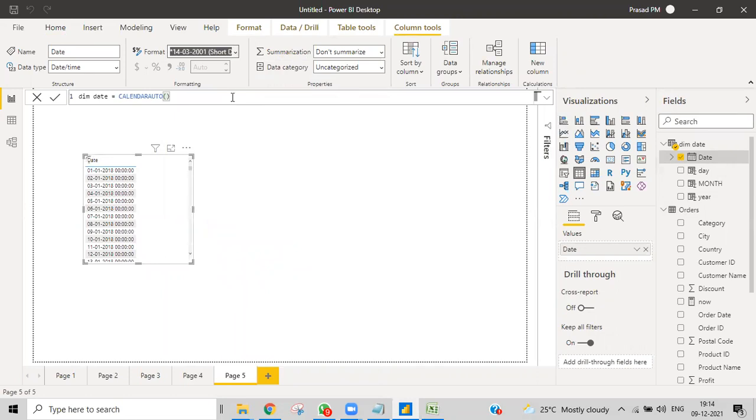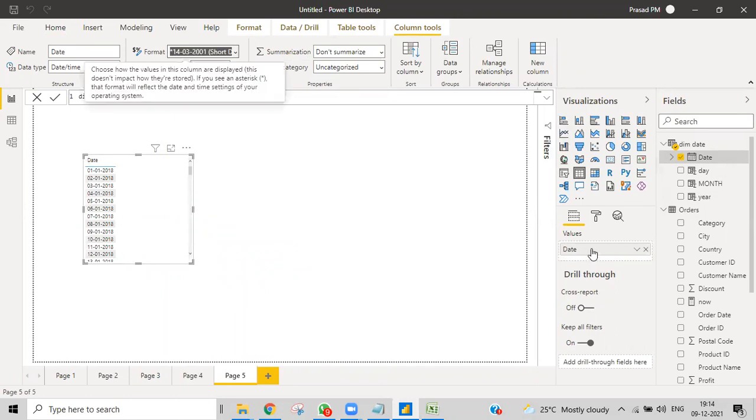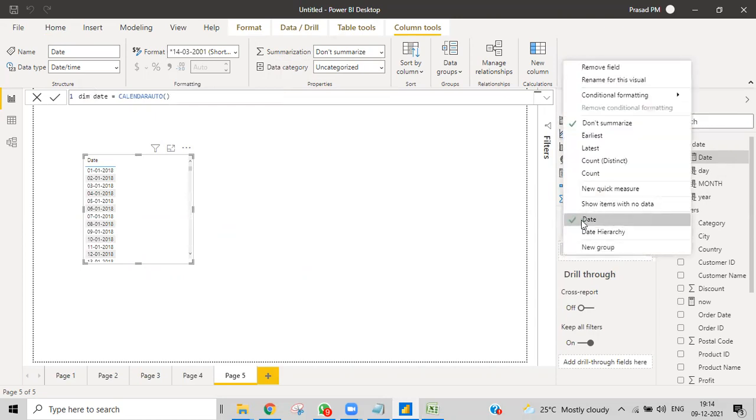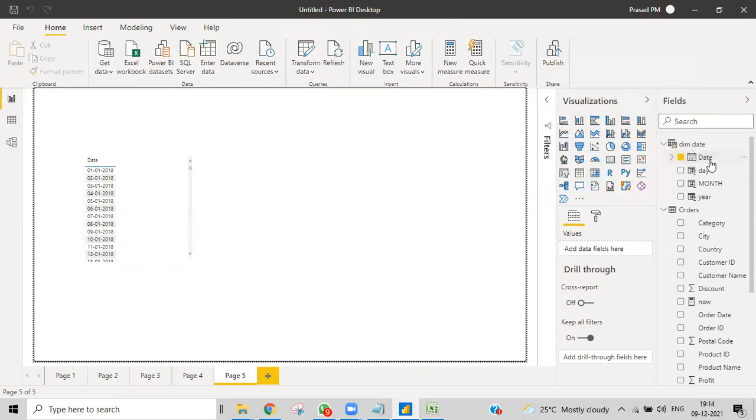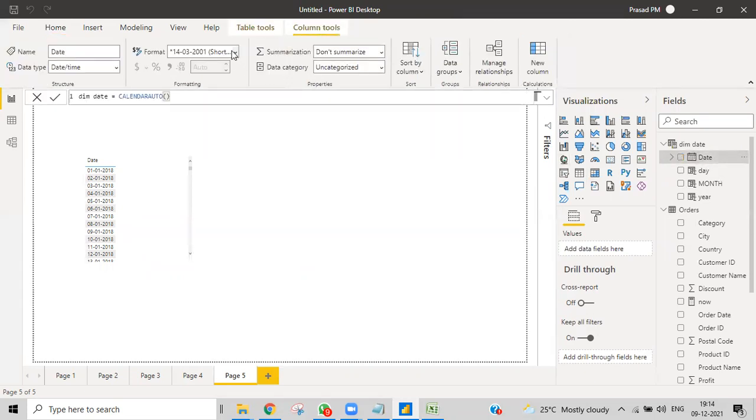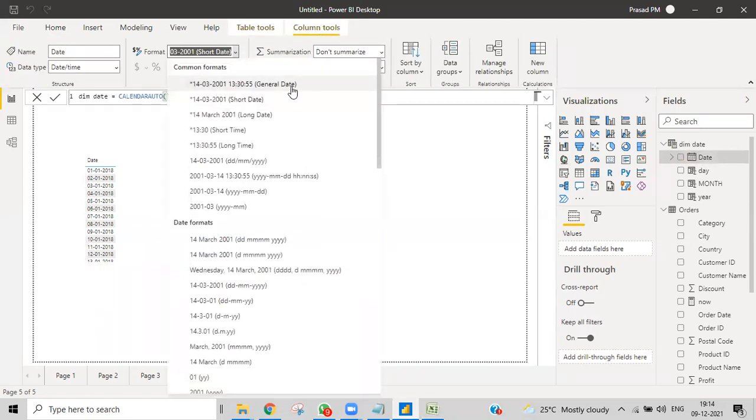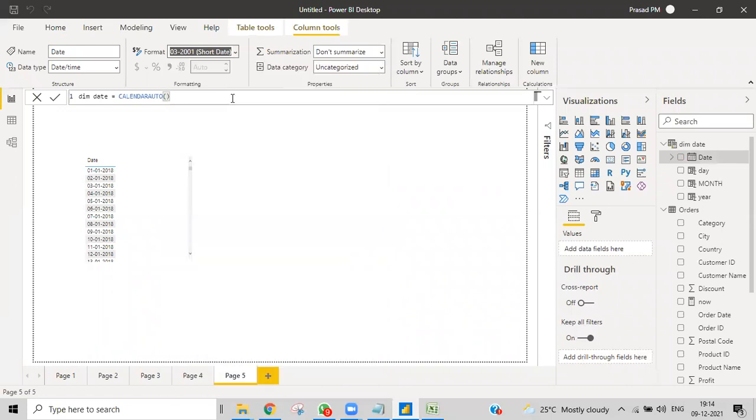If you right click, you'll have two options: the hierarchy, or getting the date as a simple date. Then again I go to Date, earlier the date was in this big general format, and I want to make it a short date. I made it, and then you got the date.